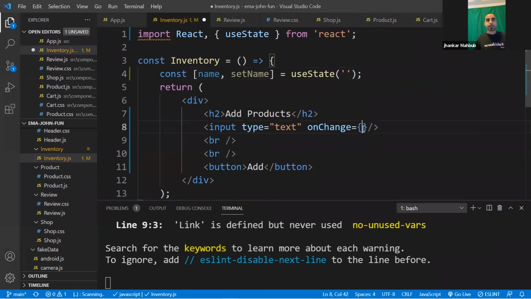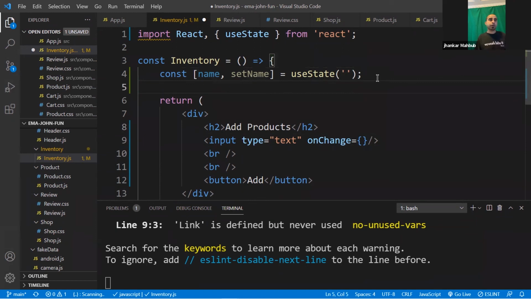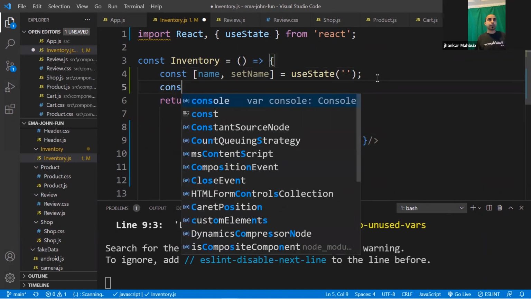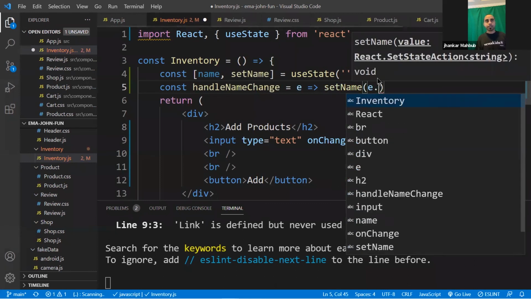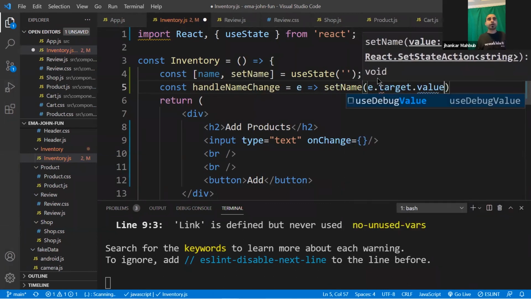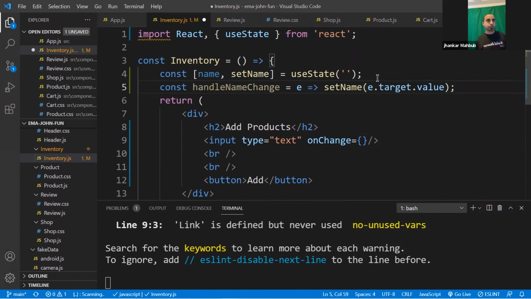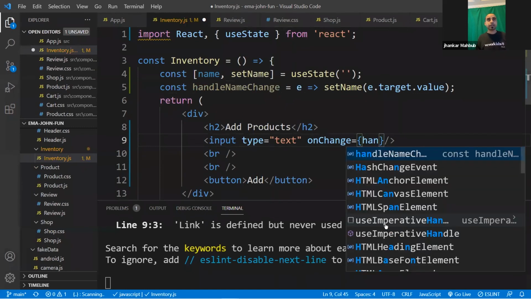You can easily do it here, that whenever somebody is typing it, you can do it here. Or if you want to create a callback function, one line, you can do it here, and that would be a const, say handleNameChange. And this will take an event, like whenever it's changing, that event is triggered, and you can do setName, and inside it you will pass e.target.value. We have done this before. So this is the way whenever you are changing something, say handleNameChange.